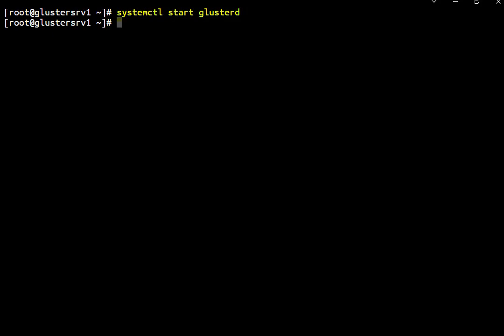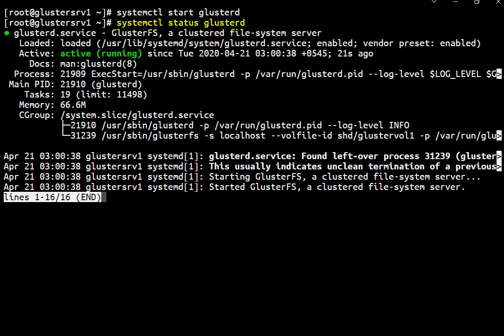It did not throw any error, so I hope it has started the daemon. To check whether the service has started, stopped, or failed, to see the status, we need to use systemctl status glusterd. We have a very sweet output here. It's active and running, but one thing,